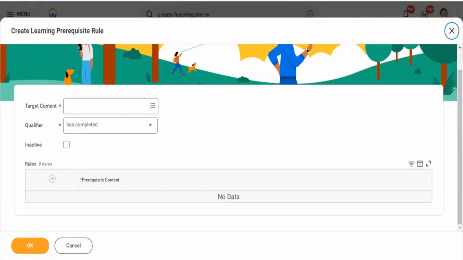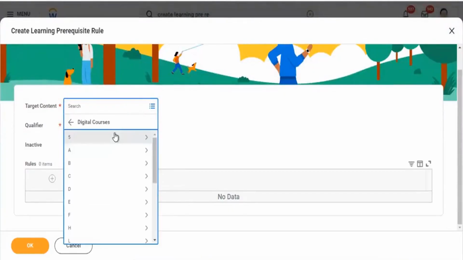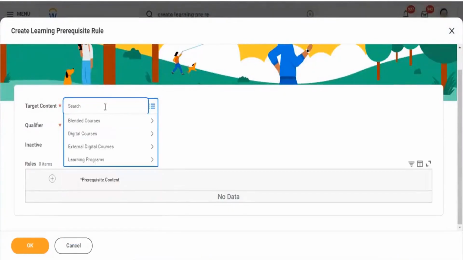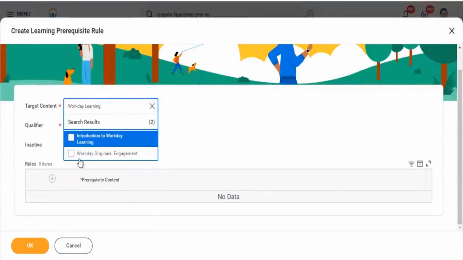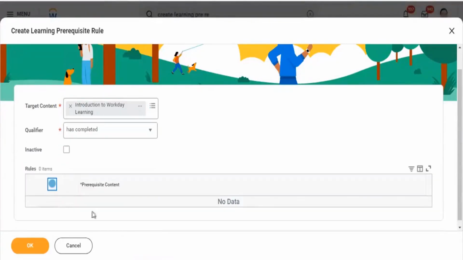This is the target content. We are giving that target course, which is Workday Learning. In order to complete this, one employee should complete the prerequisite course.